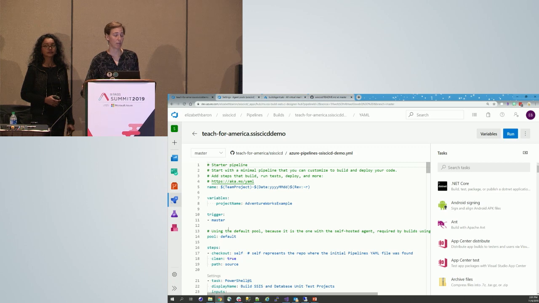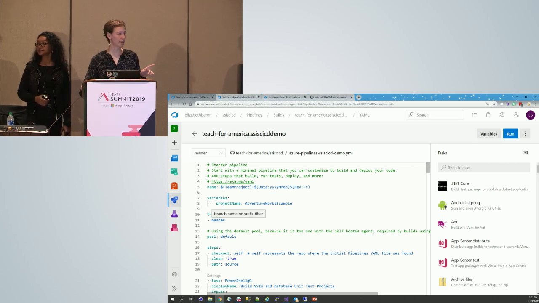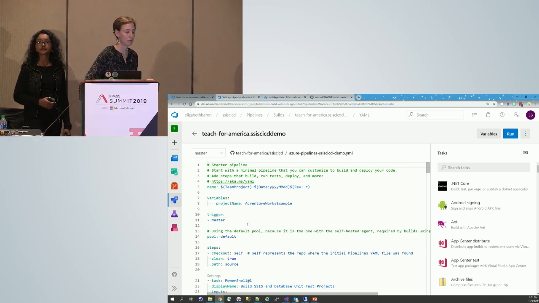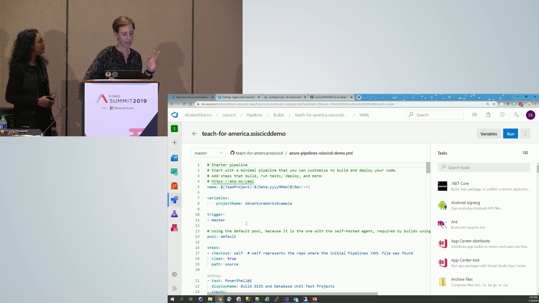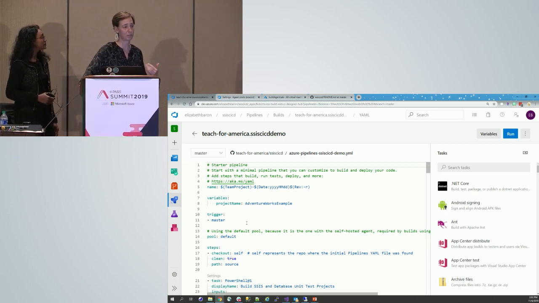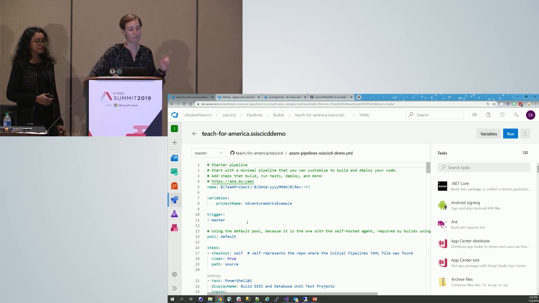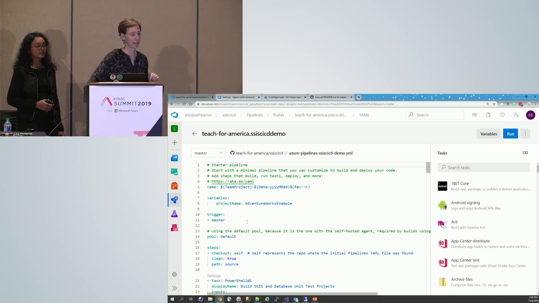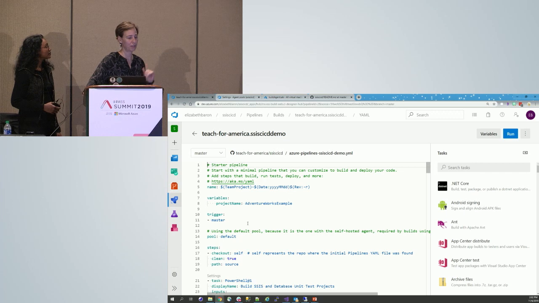And critically, when we check in code, this is how Azure DevOps figures out what it should be listening to. It's right here on line 11. Can you all see line 11, or is this too small? I see some good. All right. So this master branch, not good practice, but we're doing it for the demo. When you listen to the specific branch, this is the branch that is building. So when we check something in to master, this pipeline will kick off. We've done it manually right now, but you don't have to.